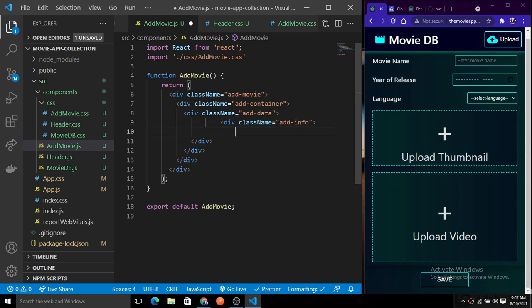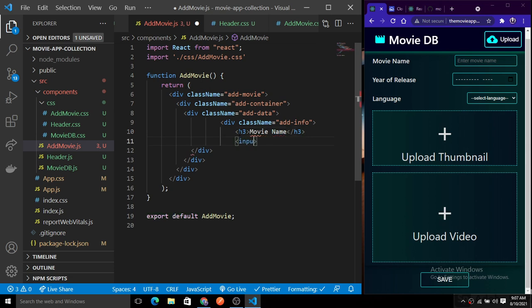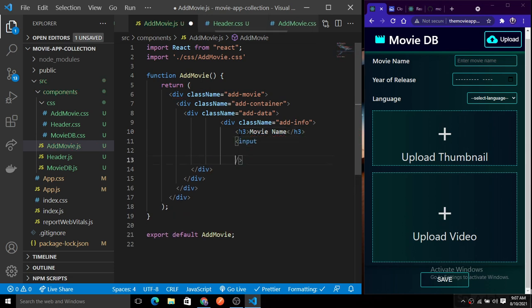Then you can see here we have a movie name, right? So we just put it inside of an h3 tag. Okay, let me do that. H3 tag, and here just give the movie name. And then we have an input field. In the input field we have the placeholder.